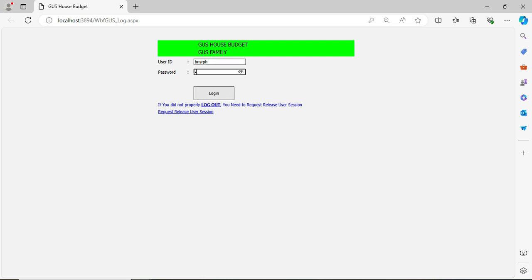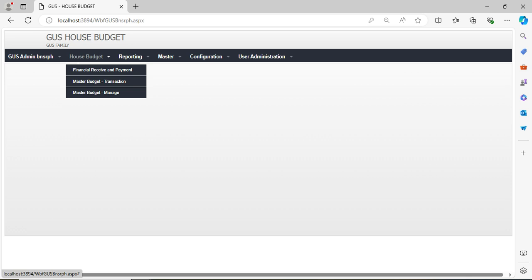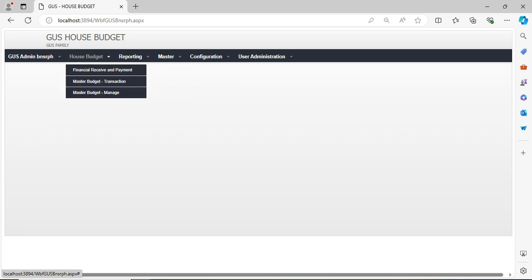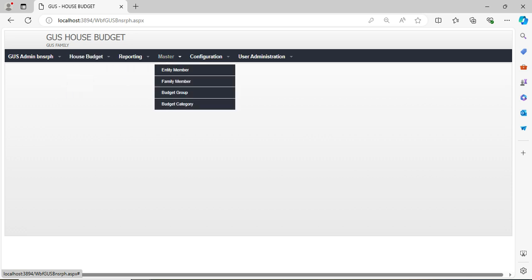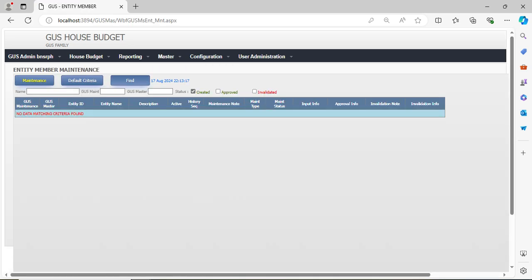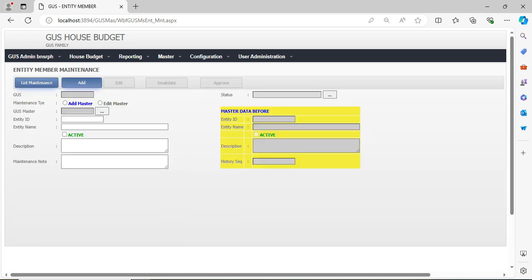User ID, password, and login. This is my application. Okay, I will demonstrate how to create entity member.